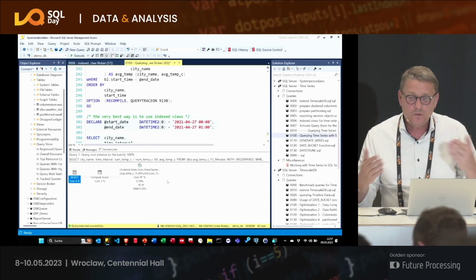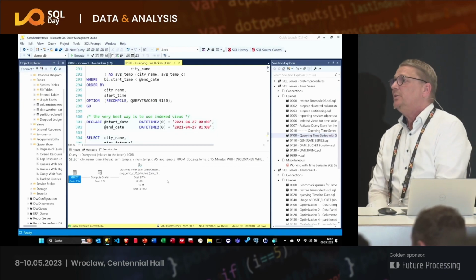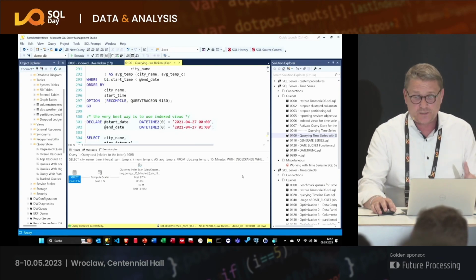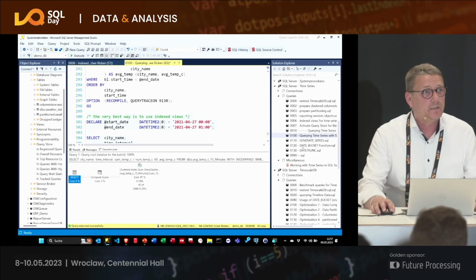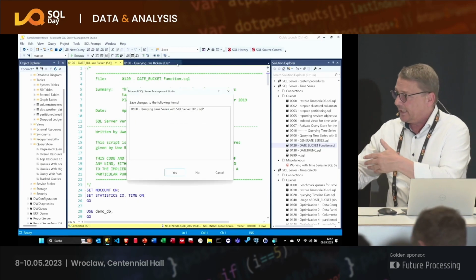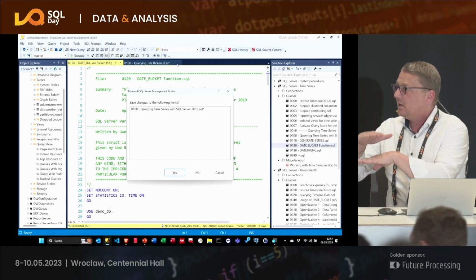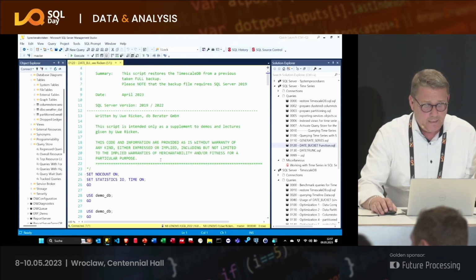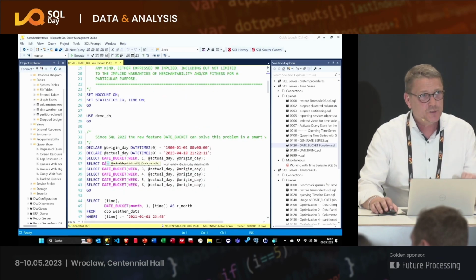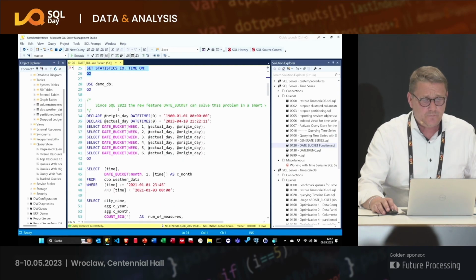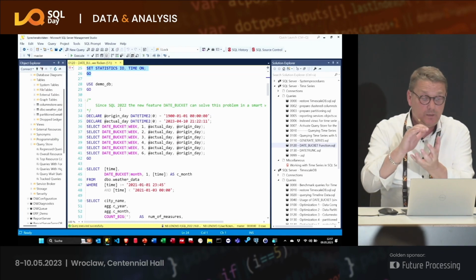So far, so good. What gives SQL 22 for us to improve the queries? First, and most important, the date bucket. The date bucket is a game changer here, because you remember that we have the hash aggregation when it comes to transformation of non-indexed columns. And the date bucket function will consider this. What is the date bucket function doing? The date bucket function, as the name says, is building buckets.